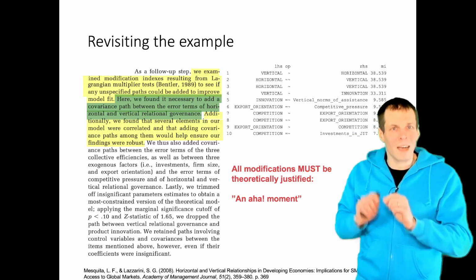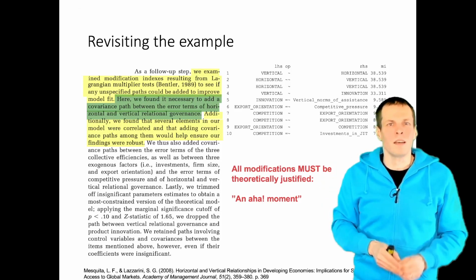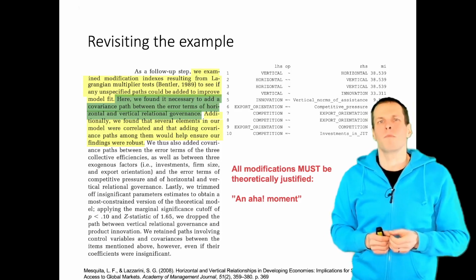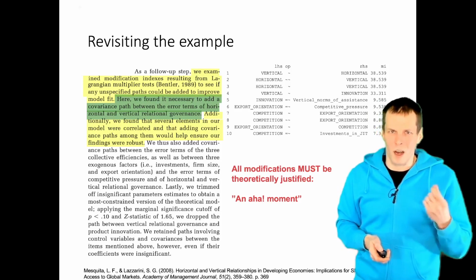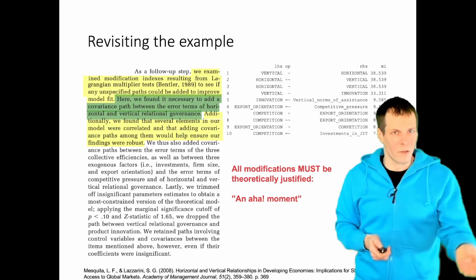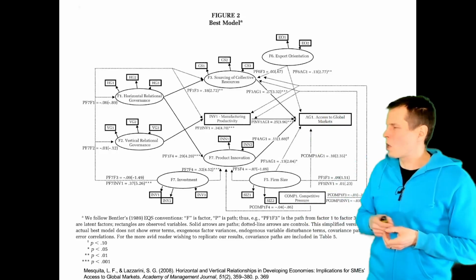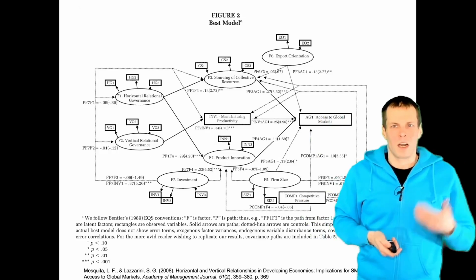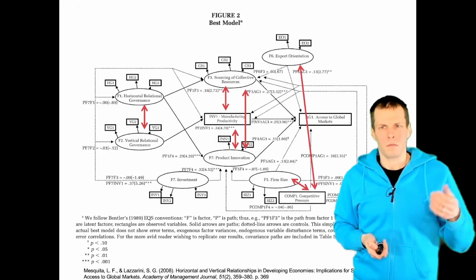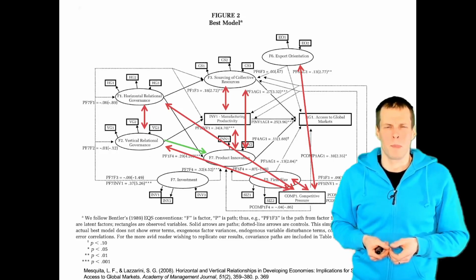The reason for adding that is because they are disparate aspects of the same thing, not because a modification index tells you so. A modification index might indicate that you actually forgot to add something, and it acts as a reminder, but it's not a justification for doing anything. So they have this fairly complicated model, and they add a lot of stuff. They add covariances, more covariances, more covariances, and then one regression path.